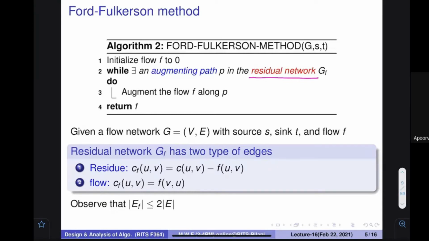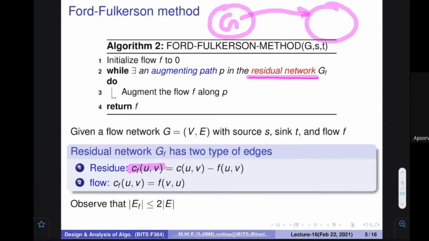Essentially, for every link that is there in your original network, you are going to add either one backward edge or one forward edge. So every UV is going to be given two different edges in the residual network. Is it clear that from your original graph network, you are going to induct two things into the residual network? One is the residual capacity, and the other is the reverse flow. These two things you are going to represent in the residual network.